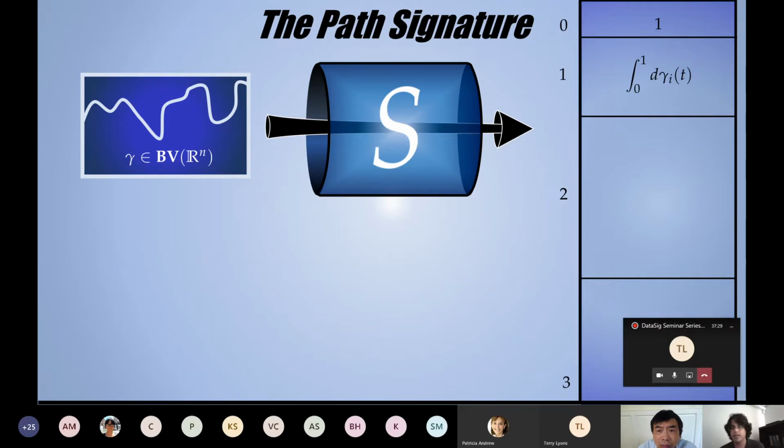The first level of the grading, you have all the increments. So you go from 0 to 1 of the derivative. And then on the second level, you have these twice iterated things. So this is over the domain 0 less than t less than 1, and so on and so forth. The reason the strips are getting bigger is because there's more and more level 3. There's more level 3 terms than level 2 terms,